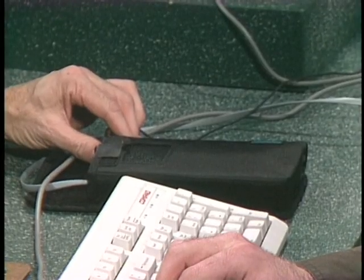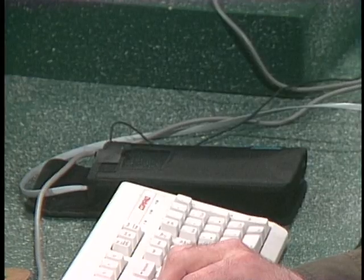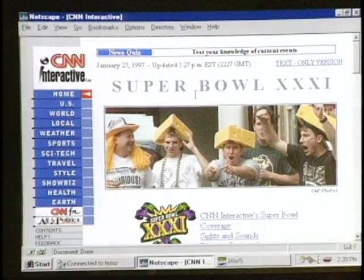I'm going to just turn the volume up on your synthesizer a bit here. And we're up on the CNN website. And you just go to work and just sort of describe what you're doing. Okay, so right now I'm going to invoke the JAWS cursor, which is basically my browsing mode. I can move around the screen and go to the top. This is the menu. Scroll up symbol. And there's a symbol that says scroll up, so I know that you can...